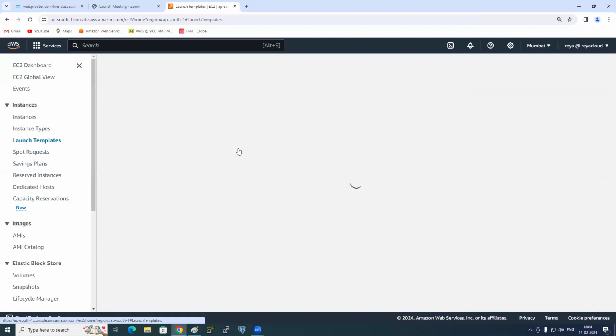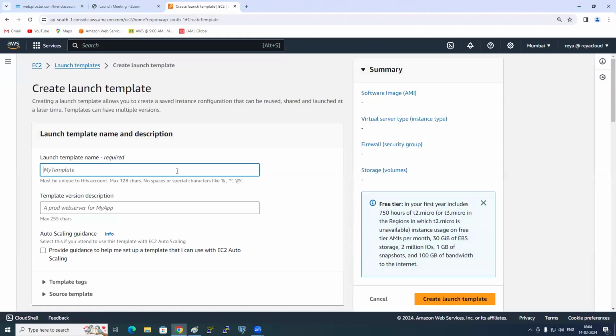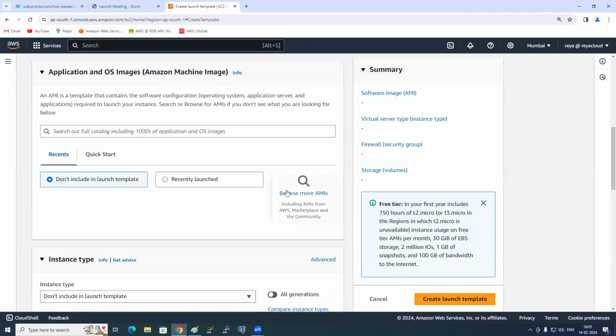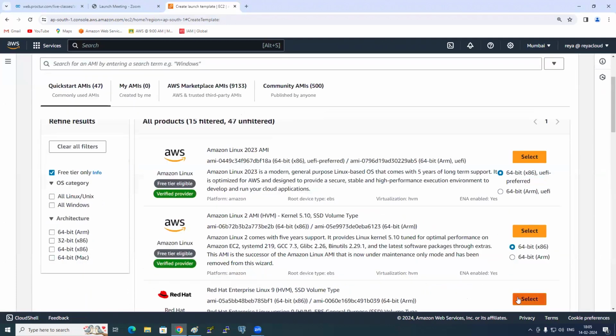What's the next step? Create a launch template. Did you create a launch template already before? So call it my auto template. And here, which one should we use? Red Hat. But in real time, use your own AMI, which has the application inside it. So select free tier, Red Hat.